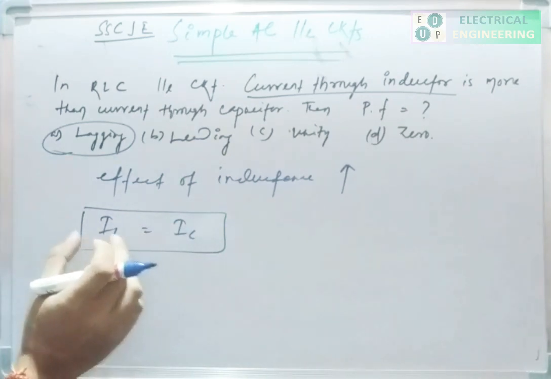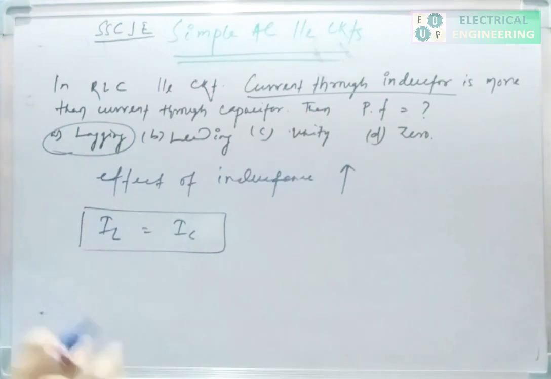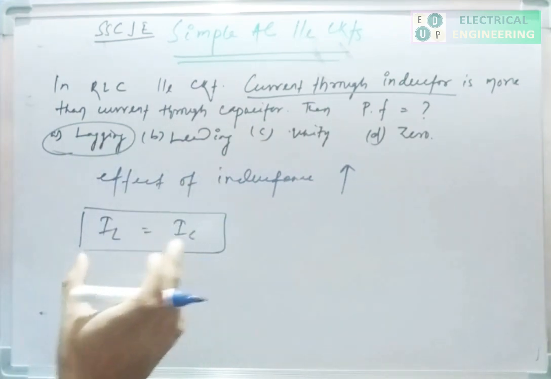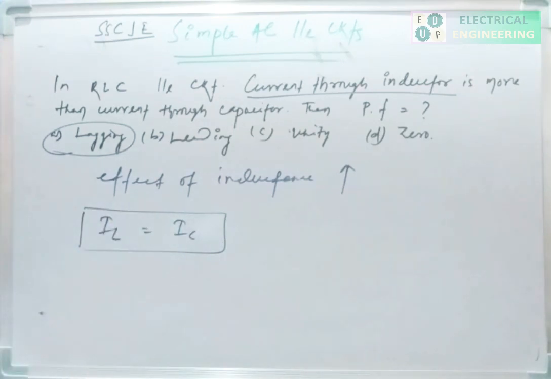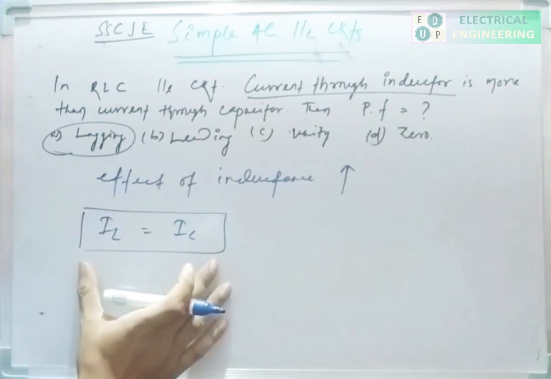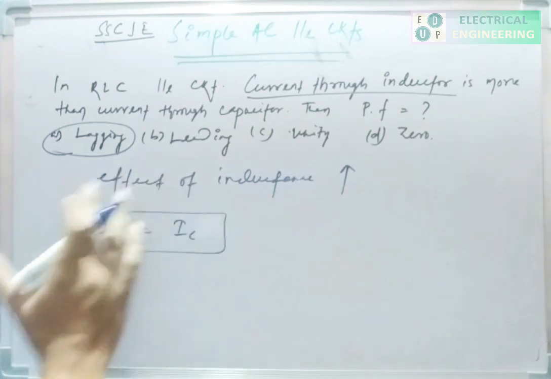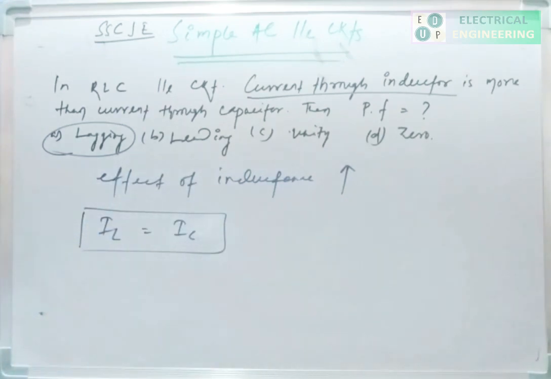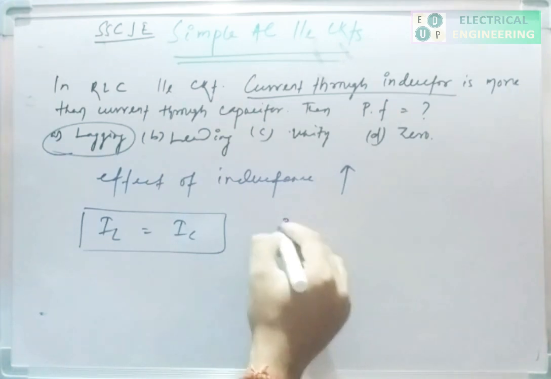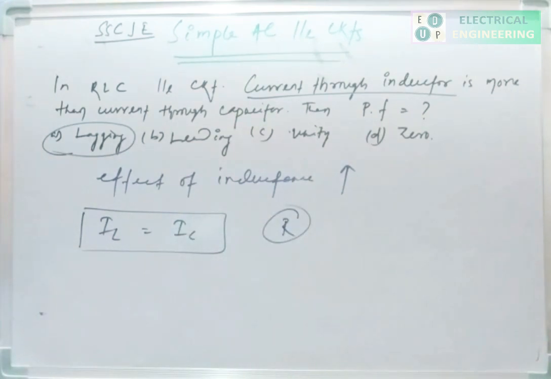यहाँ इंडक्टेंस को जितना भी रिएक्टिव पावर चाहिए वो सब कैपेसिटर सप्लाई कर रहा है. That's why it is a balanced situation, and in such a balanced situation you will get a resultant current value of 0, because whatever the capacitor gives, IL is taking it all, so the resultant current will be 0. If the resultant current is 0 for inductor and capacitor, then only the resistor is left. So if it is only a resistor, then the power factor will be unity. In this case, power factor will be unity.